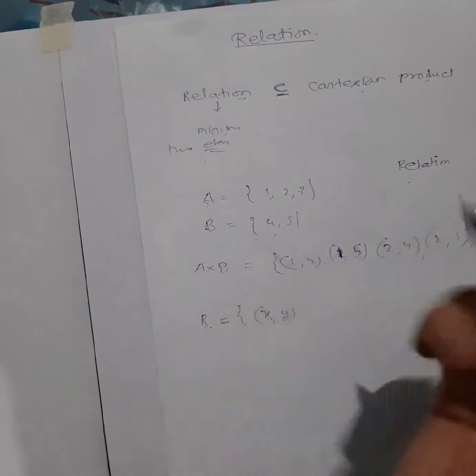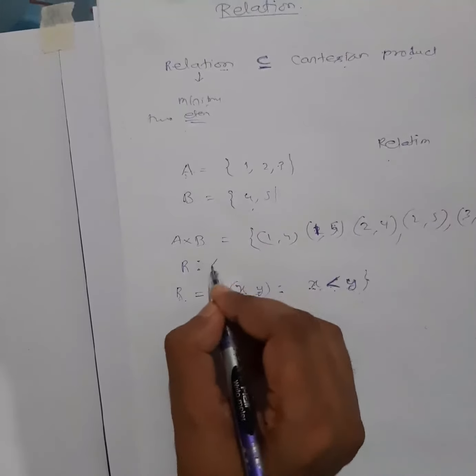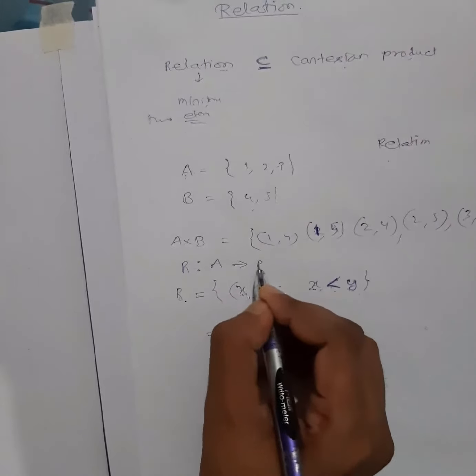So let me write down what will be the elements here. If this is set builder form, what is the roster form? What will be the elements? So see here, this relation I have defined from A to B, right? So I can write like this, relation from A to B I have defined. This is how symbolically we can write a relation. This R symbolizes the relation between A and B elements. So what is the relation between A and B elements? Element of A must be less than this y, which is an element of B, right?